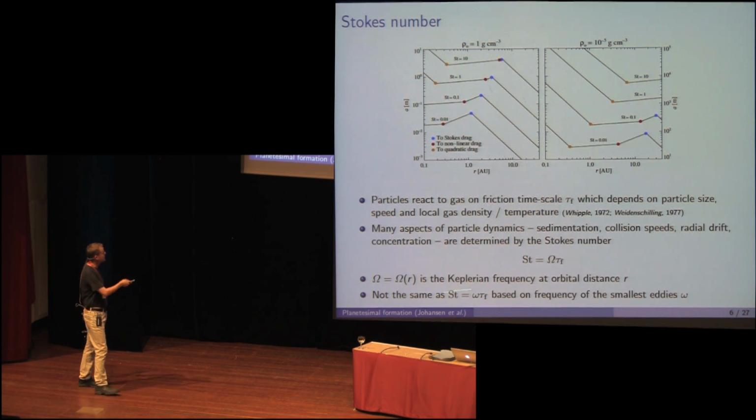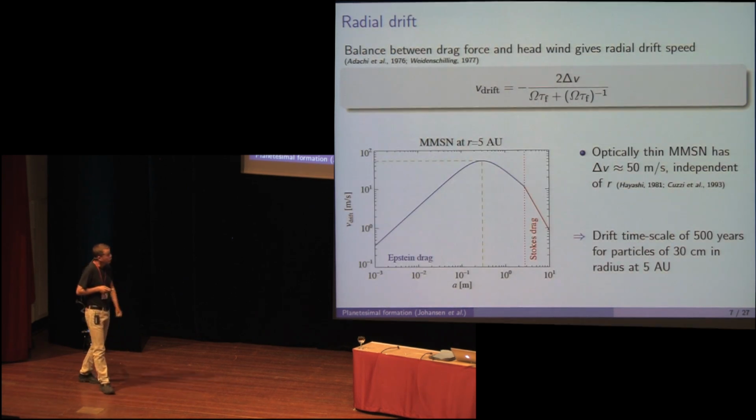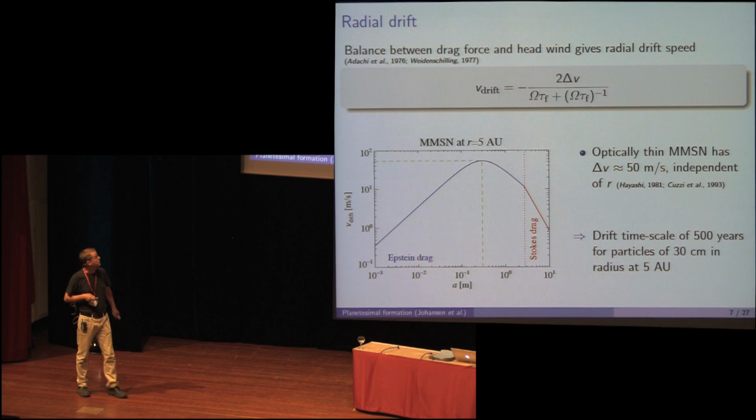I should just warn you here that sometimes the Stokes number is based on the frequency of the smallest eddy, omega, so this is a small-scale Stokes number. But actually this large-scale Stokes number is the one that I would say is the most important one for the dynamics in protoplanetary disks. So one effect that is determined by the Stokes number is what Leonardo Testi talked about yesterday, the radial